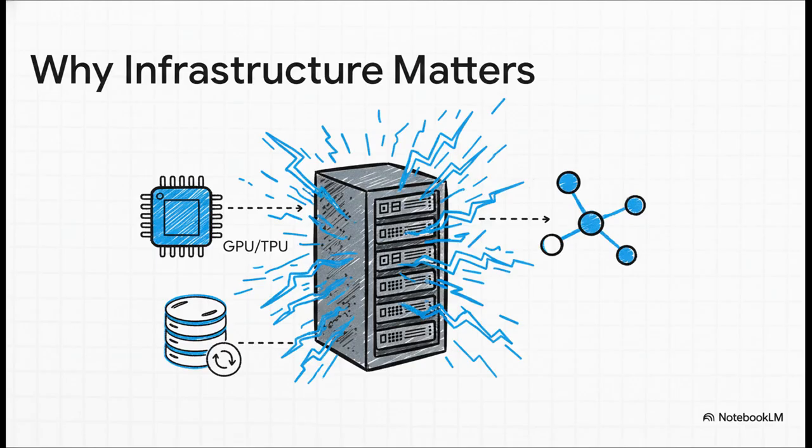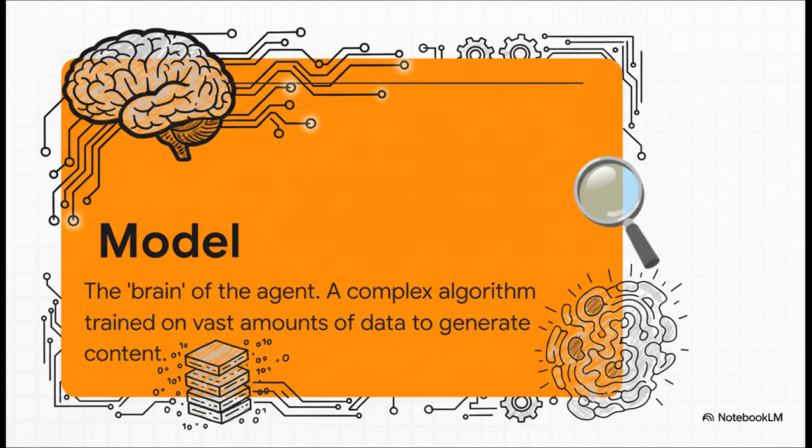And here's the really crucial point. Your choice of infrastructure, whether it's from big players like AWS, Google, or Microsoft, is going to dictate the power, the scale, and the cost of your entire AI project. It's a huge decision. So if the infrastructure is the power plant, then the model is the specialized brain we're